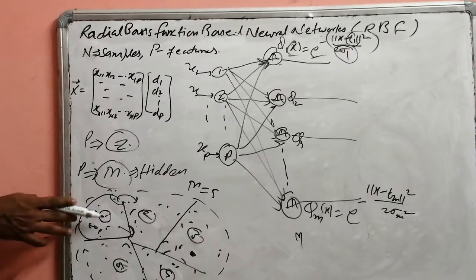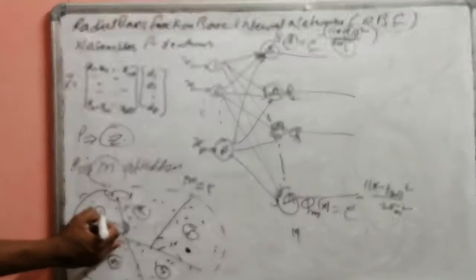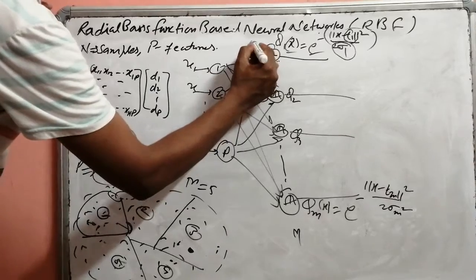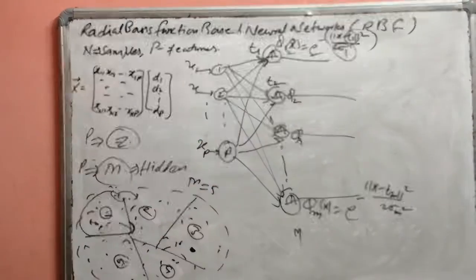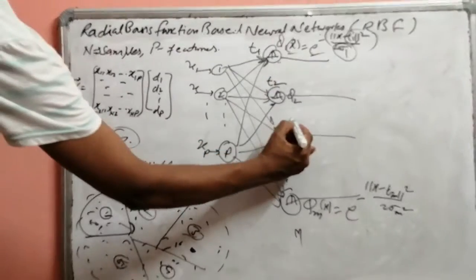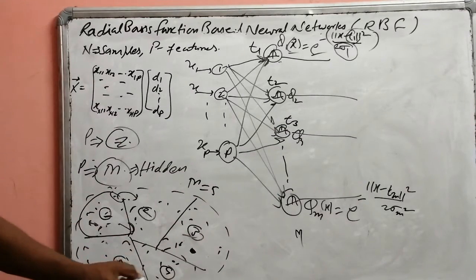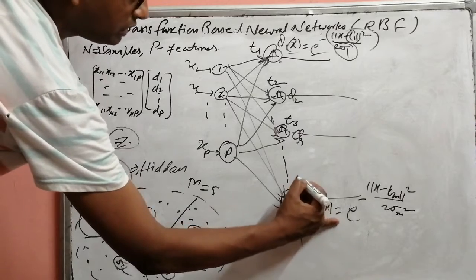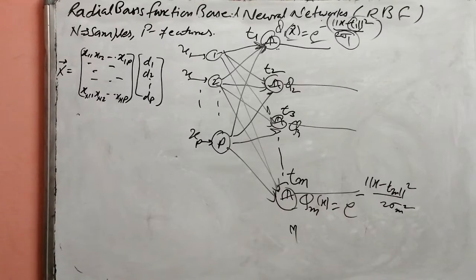So these centroids at the final stage are going to act as receptors. This point will act as receptor unit t1 for the first neuron. This point will act as the receptor for the second neuron in the hidden layer. The third will act as the third receptor, and so on up to the mth receptor. So in this way we will be finding the receptor unit for all the radial basis functions. Now after finding the receptor, next thing